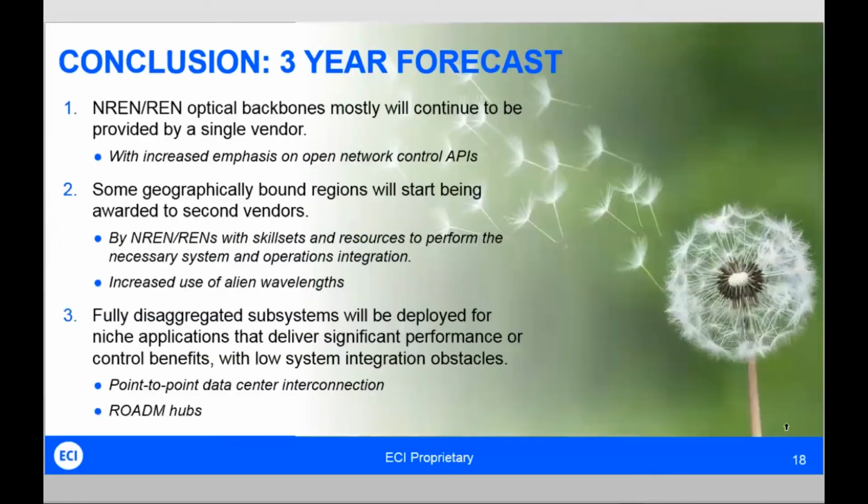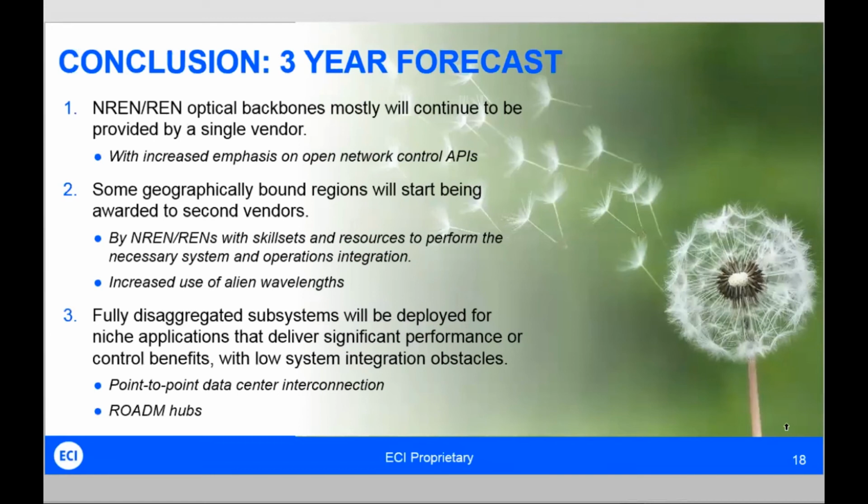So to summarize the discussion today, I'll give you a forecast in terms of where I see the NREN community going for the next few years. And I'll limit it to 3 years because things are continually changing in our industry, and I really don't want to say what's going to go on beyond that. There's no question that there is an overall drive towards more open systems, more vendor choice, more amounts of control that will be implemented by the NRENs themselves. Nevertheless, this is how I see things playing out for the next few years.